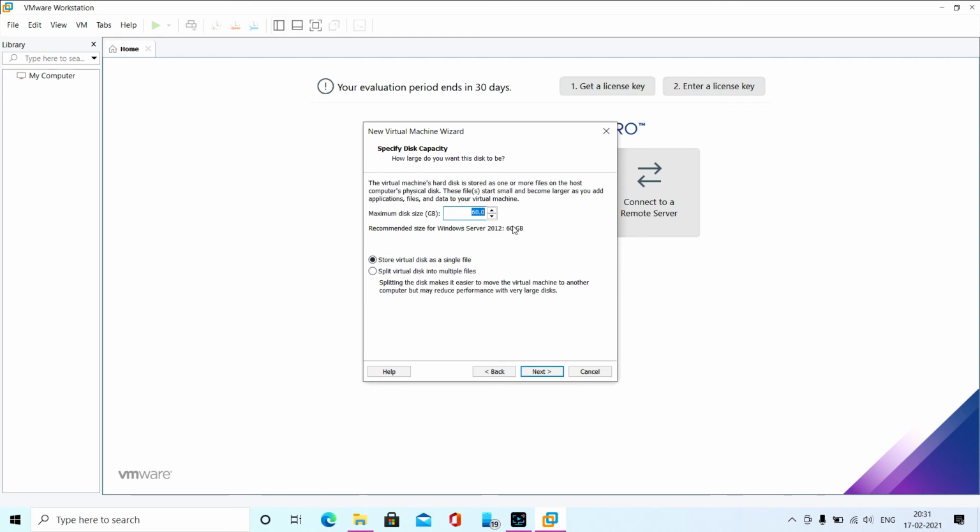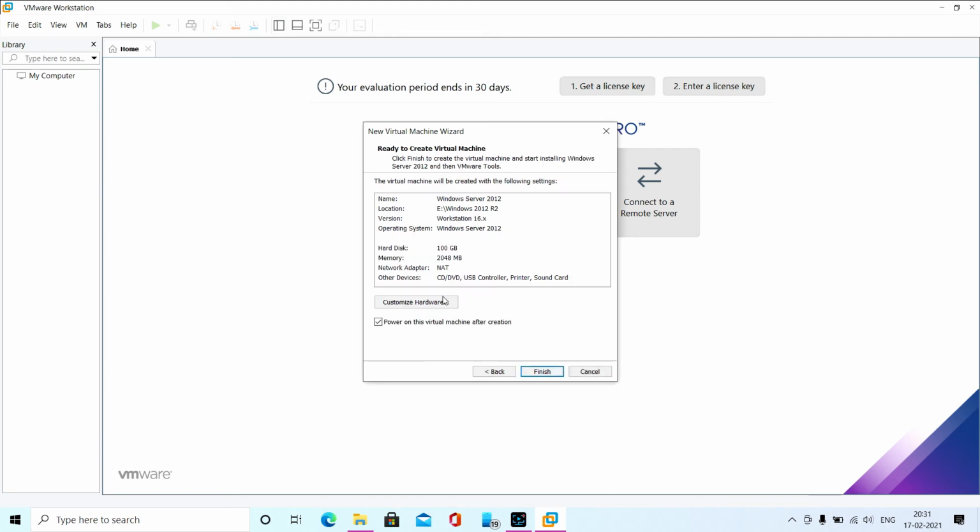It's asking for the size of the C drive. As per the recommendation, 60 GB is available. I'm going to add 40 GB more and make it 100 GB. Moving to the next, here you can customize your hardware.